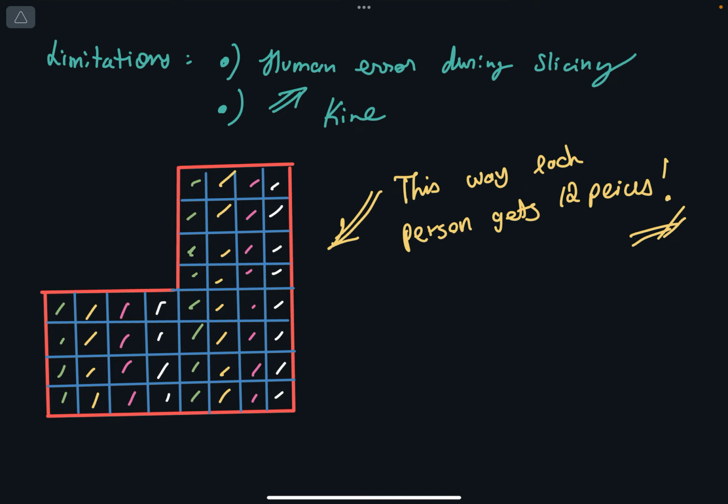But then I think that's really the only human limitation, that you have to cut it into all those small pieces accurately. But if you're able to do that, maybe you have a machine at home that can do this. This problem can easily be solved,